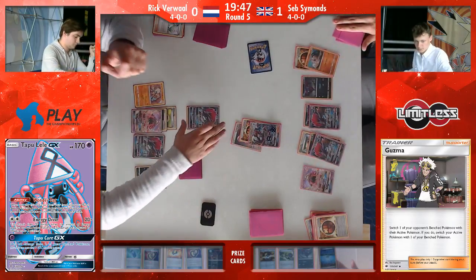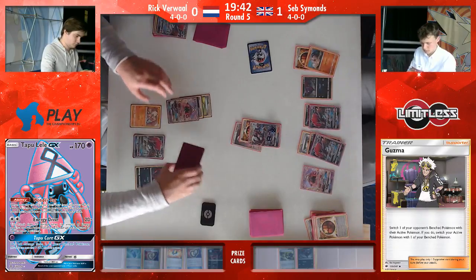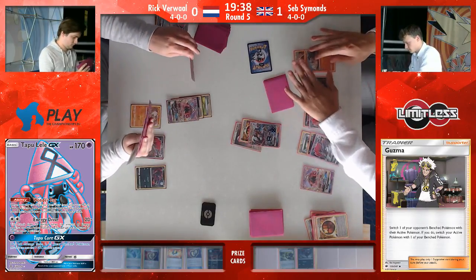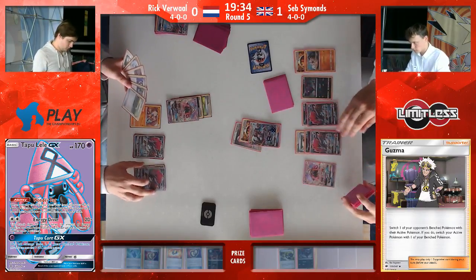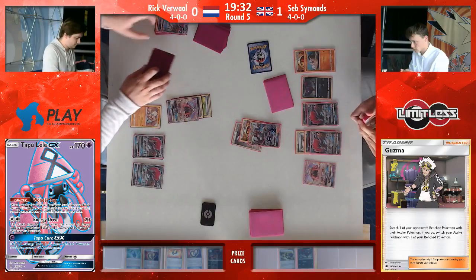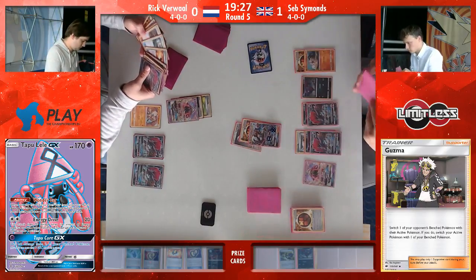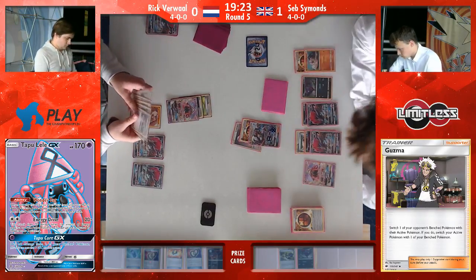And Lycanroc comes back in and of course takes those another 2 prizes. Bear in mind, just through the Parallel City, we could open ourselves up for another cheeky delinquent play here. Might not be the right one, but I definitely want to see it. So Rick in an awkward position here. He really needs a Lycanroc realistically in order to start putting on a little bit more pressure. Obviously the Rockruff has no energy on it though, so...